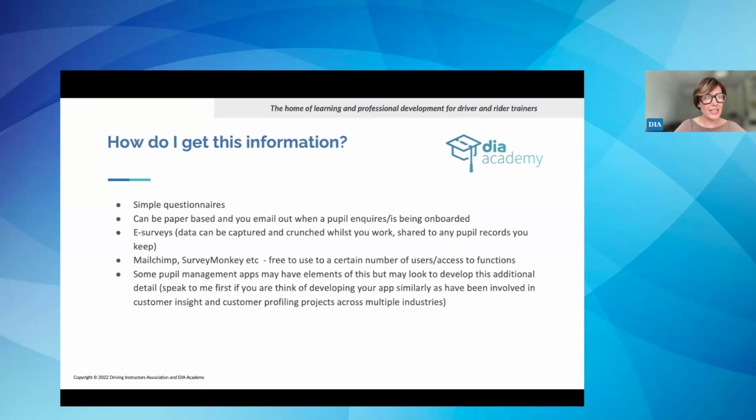So, exactly. Getting that information is very important at the moment as well, while we are in boom time with plenty of pupils. The curve will happen and it will slow down. It's very important that you know in advance where your best source of pupils is, rather than presuming that you already know. And I would ask the question, if they say through a friend, ask them if they don't mind sharing the name of the friend, because that could be a key referrer, and you can build up a network of key referrers and consider whether you should be rewarding them. So, for example, you find out somebody has referred 5 pupils to you in the last 5 months. I would maybe send them a little something because they're clearly a good ambassador for your brand.